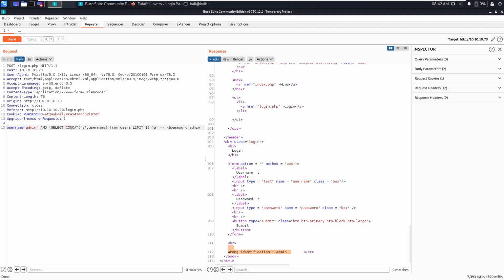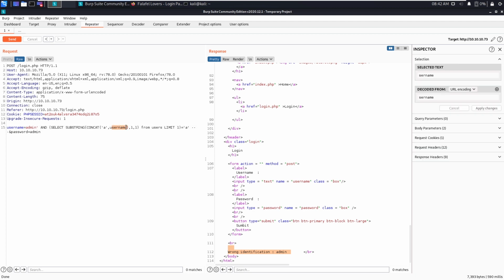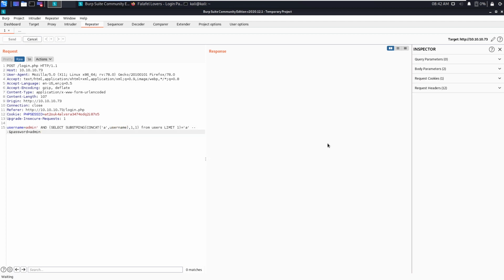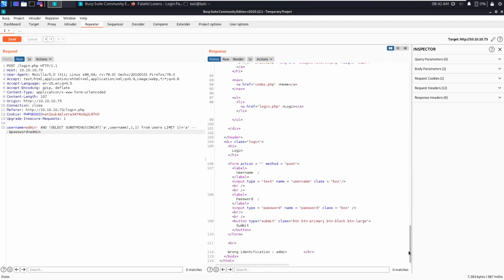In this string we select the first character, which will always be a, because we are concatenating the username to a. So substring of 1, 1 should return a if there is a username column. Let's send this request, and you can see there is the username column.